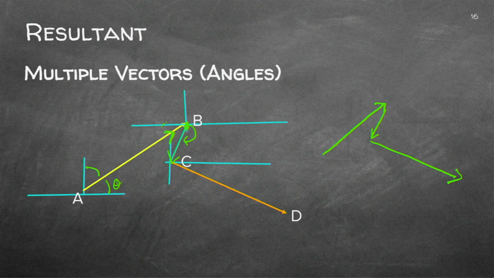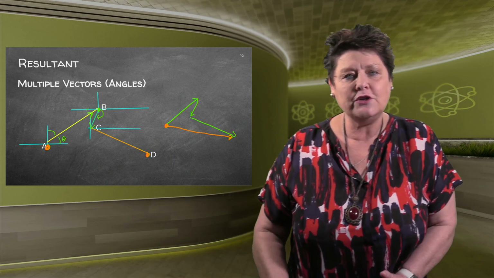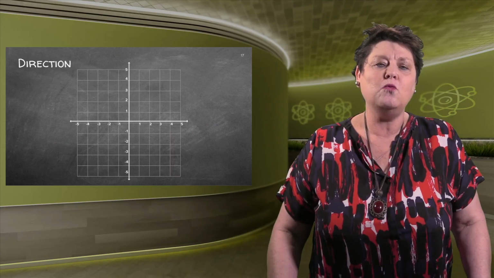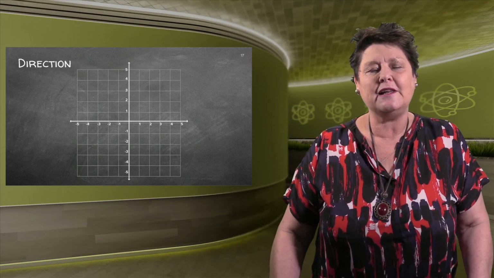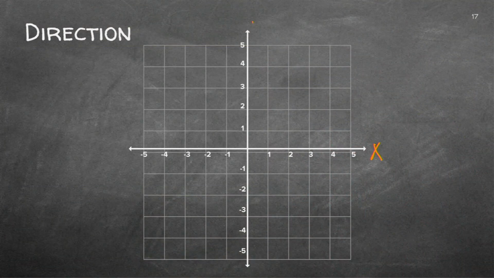Where will I now find the resultant? Well, you link the starting point with the end point. I link that starting point with this end point, and I will try and get the values. You can calculate it by trigonometry, which we'll show to you just now. So, always try to work with graph paper, or very specifically, try and get your units. Remember, this is your x-axis, this is your y-axis. Remember that we indicated direction, and you will be okay. You will be able to calculate resultants.